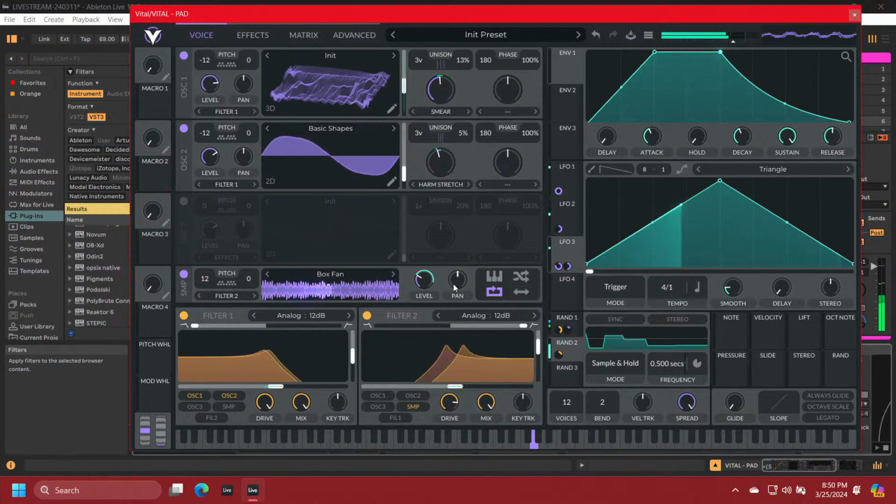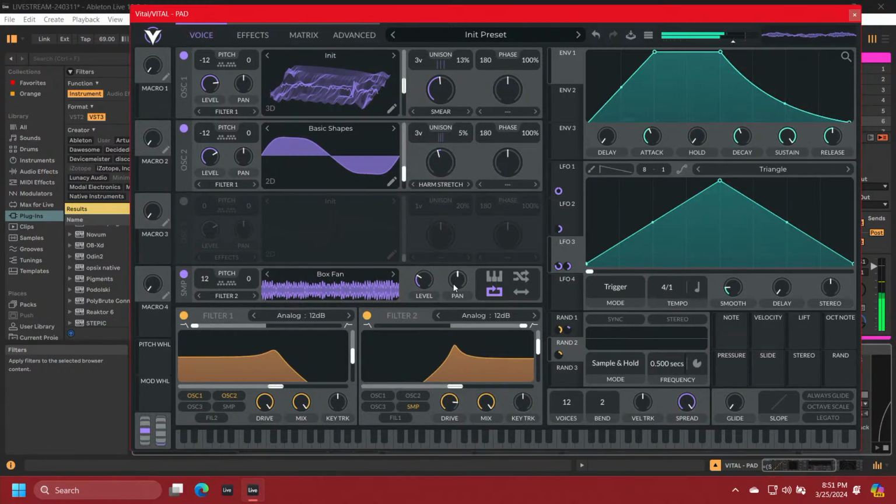So now, no matter where we are on the keyboard, that noise component is still exactly the same. Alright,